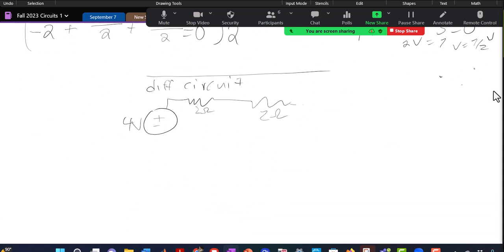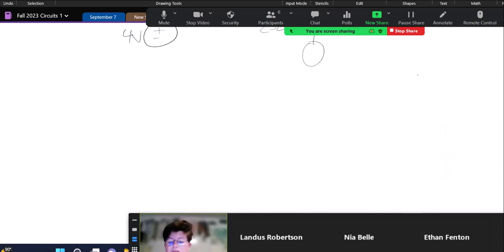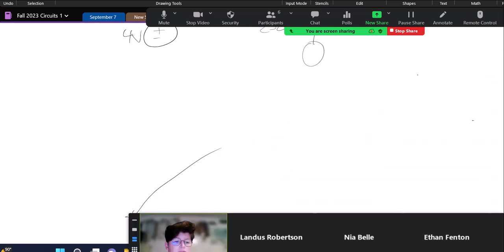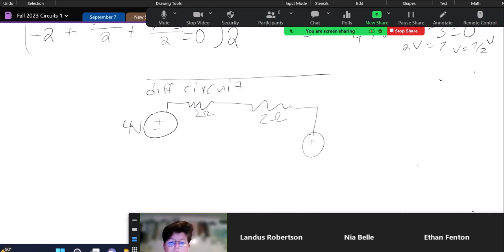And then another 2 ohm resistor. And what did we have on this side? I already forgot. It was, shoot, 3 volts. Okay,